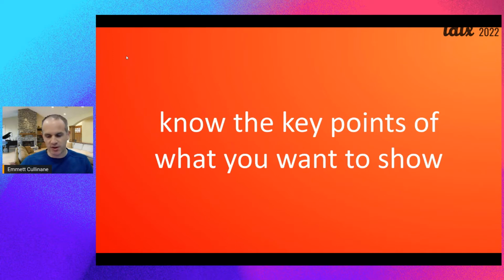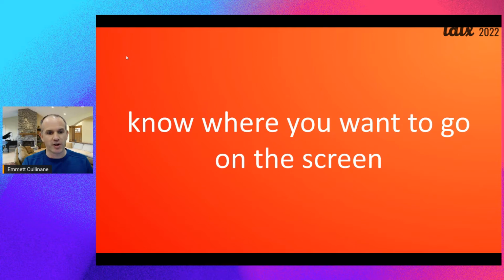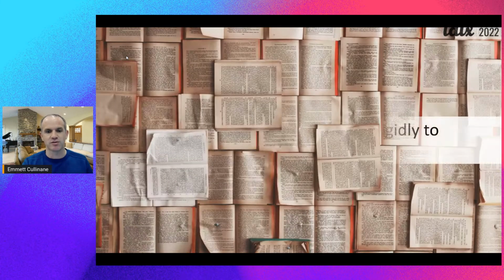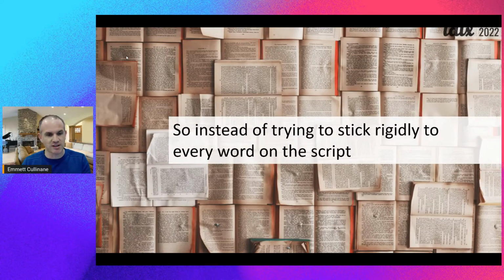So, key point number 1 is I need to open the thing, I need to click on login, I need to enter this, I need to enter that, I need to click on access now, whatever the application is. So you know the key points of what you want to do on the screen, and you know where you want to go on the screen. And then that allows you, instead of having to stick rigidly to every word on the script,